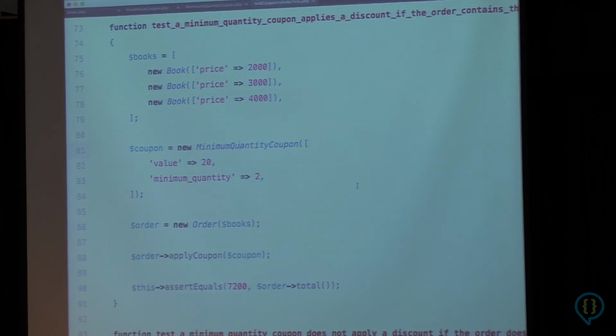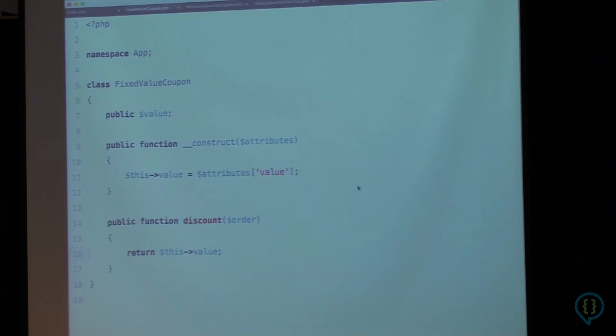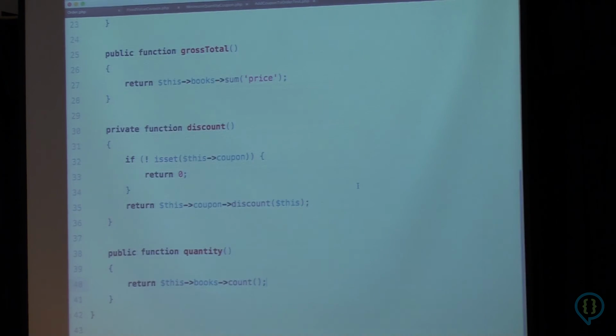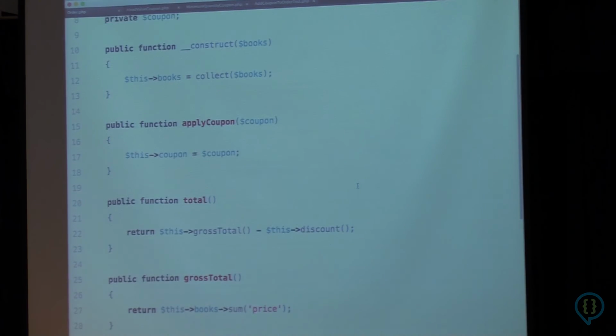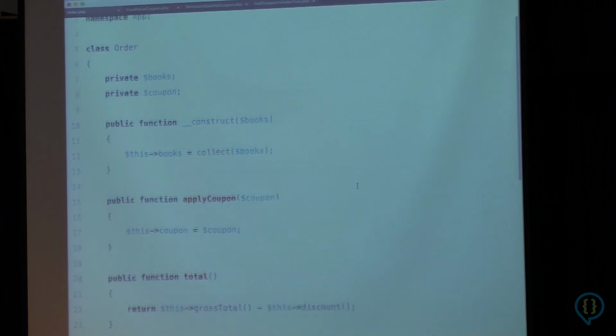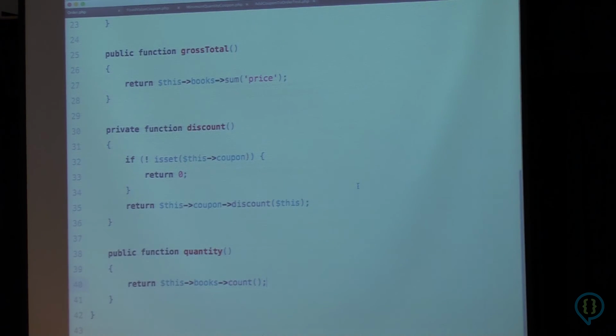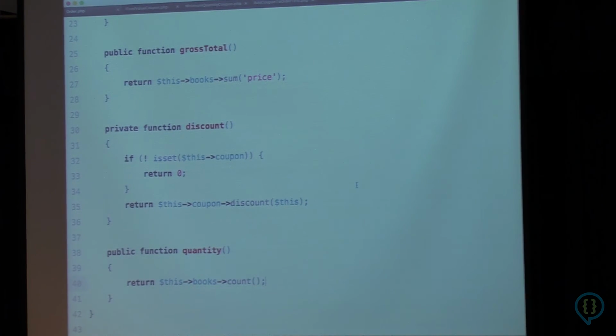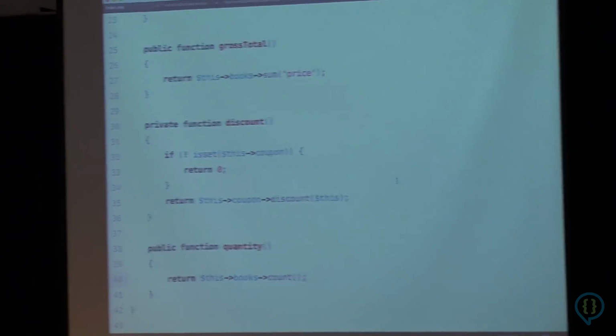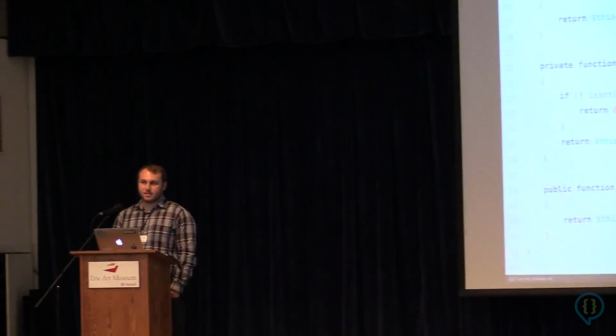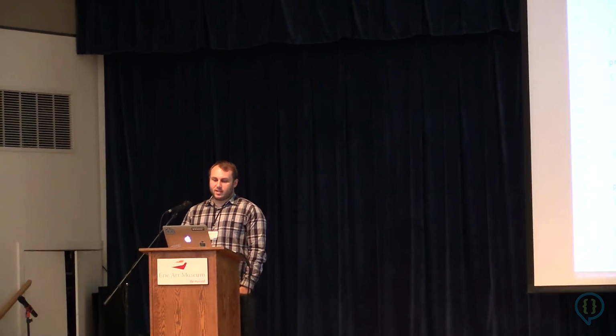So now anytime we needed to add a new type of coupon, we could just create a new coupon class, keep the logic for determining the discount in there, and the existing coupons never have to change, and the order class never has to change. There's a couple more things that normally I would go through and talk about, but we're out of time, so maybe I can point you guys to another version of the similar presentation that I've given where I went into things in a little bit more detail. But hopefully this has been a fun lesson in refactoring, and hopefully talked about some cool, interesting ideas.